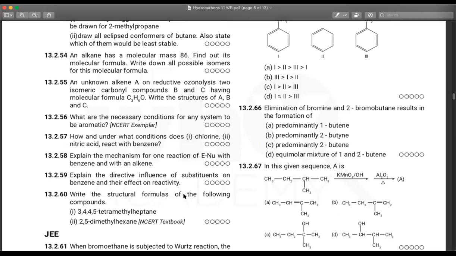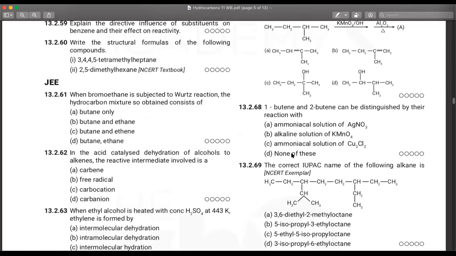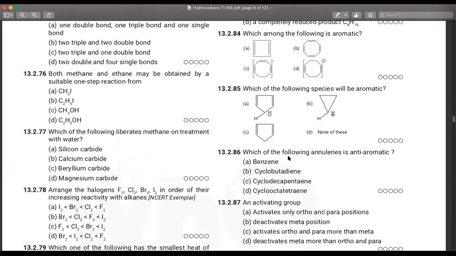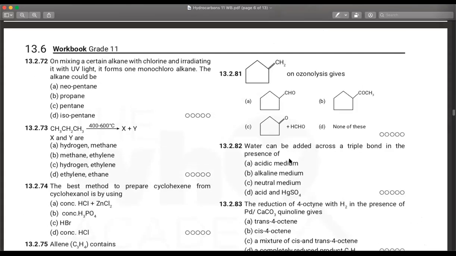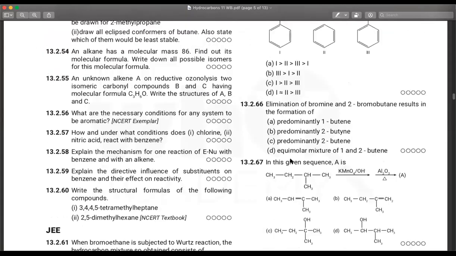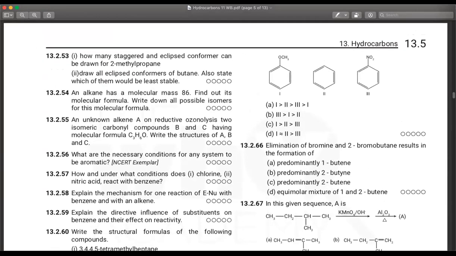Directive influence is something that we have to discuss right now. Ma'am, question. Could you go back to the question? Sure. Here we simply stated the reaction conditions, and we said that it undergoes electrophilic substitution. When do we have to describe the mechanism? When the question asks for it, when it says something like explain how it takes place or what is the mechanism, then you mention that. Okay. Got it.